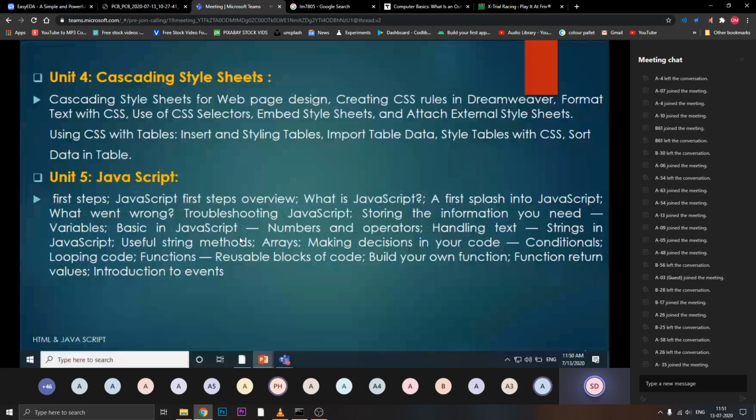Yes, ma'am. Then the final chapter stands for JavaScript. The main confusion with this subject, after studying Java, is that many students get confused that JavaScript means we are going to study something related to Java. No, the answer is no. You are going to study a totally different language than Java, a scripting language. Only the name of the language is similar, but it is not exactly Java.